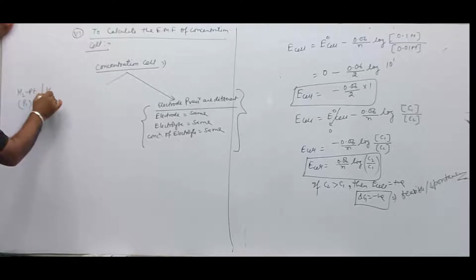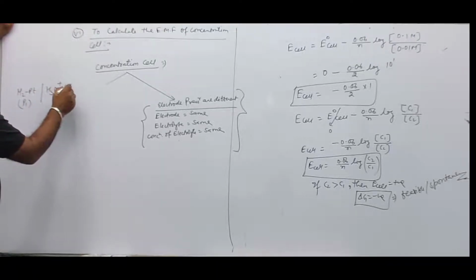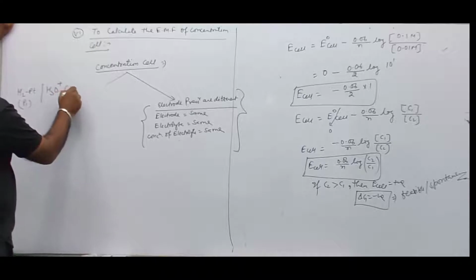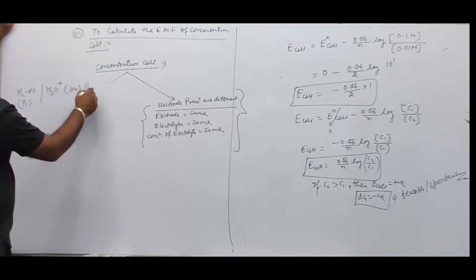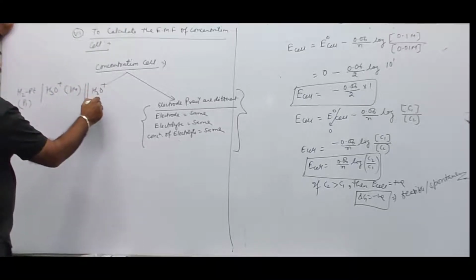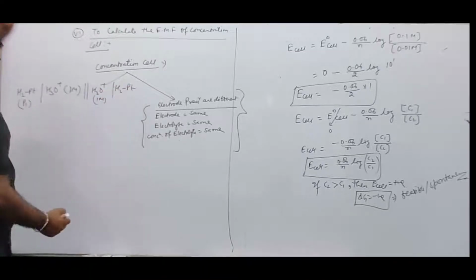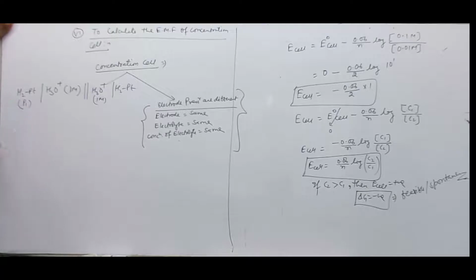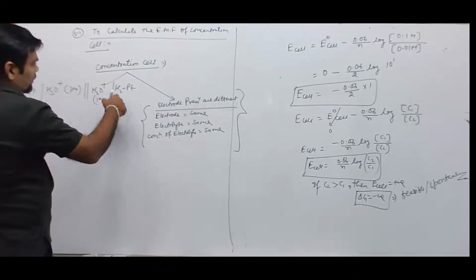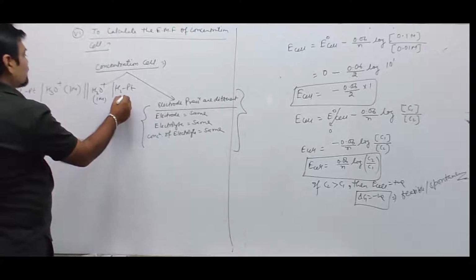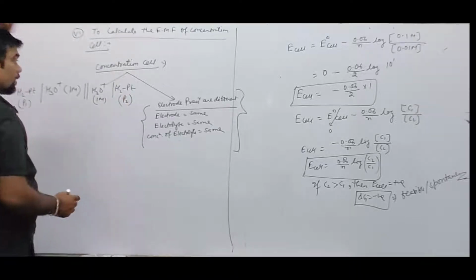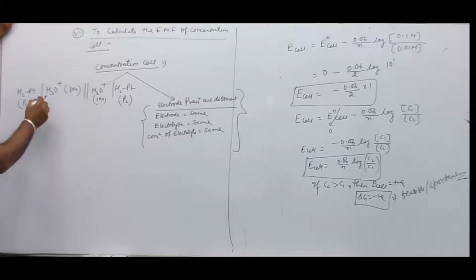P1 converted to H3O plus at a molar concentration, and let's say it is 1 molar. Separated through a salt bridge, H3O plus at 1 molar is converted to H2. The hydrogen gas passed through the anodic compartment is at P1 pressure, and the gas evolved at the cathodic compartment is at P2 pressure. So now, what is happening in this case?